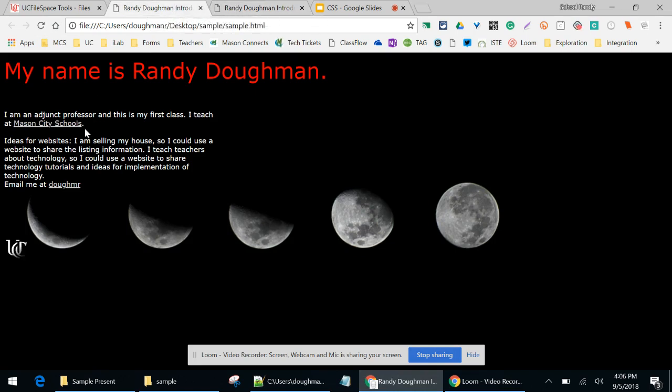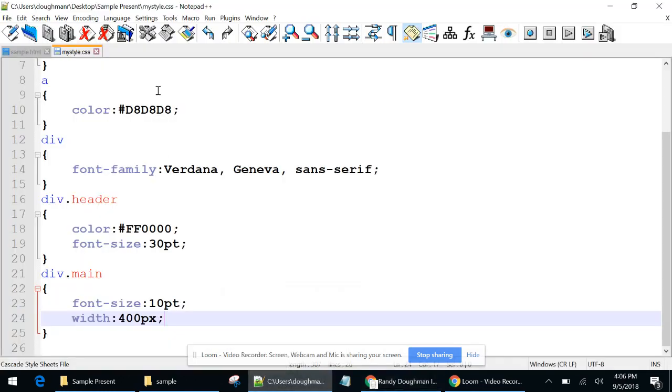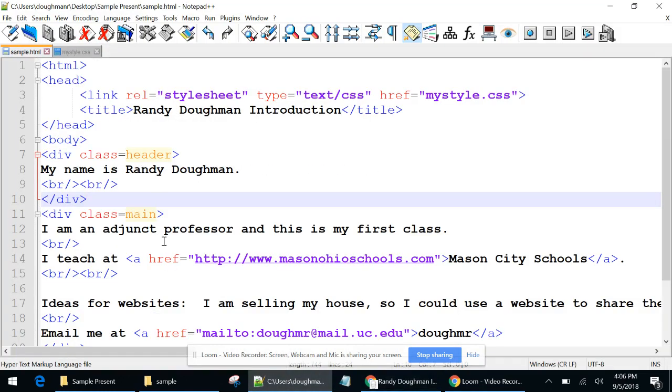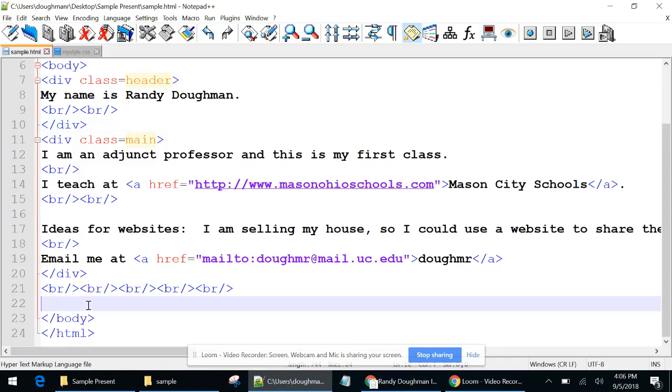All right, I made some changes already. Notice I got this little logo here. This is a little different, just something to show you something else you can do. We could put that in with CSS and overlay it in some manner, but I want it to be in the document. So for that to be in the document, once again, CSS, I'm not going to change that. I'm going to go back to the HTML. And at the HTML down at the bottom,